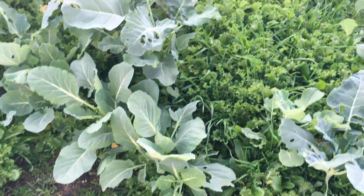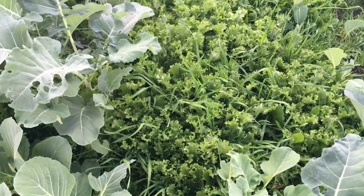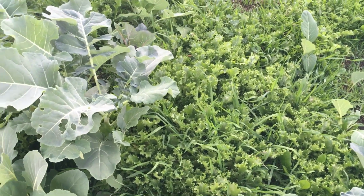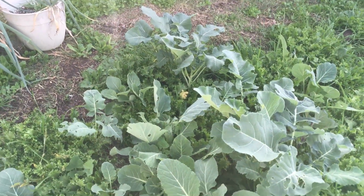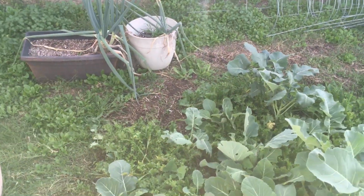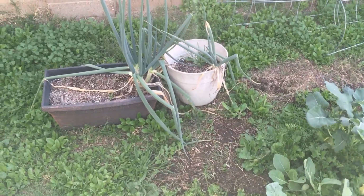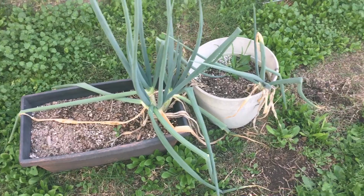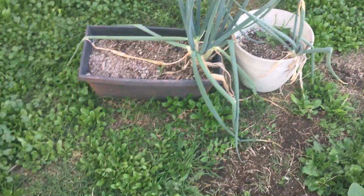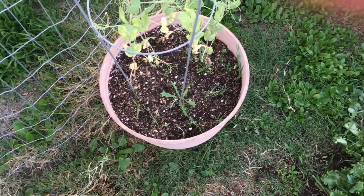It's crazy, huh? There's some weeds in here, but most of this is a specific variety of lettuce that just grows like weeds now. Some old onions that weren't bulbs, but I hadn't pulled them, so I'm gonna clear these out and plant some new ones. But I got 4 pots